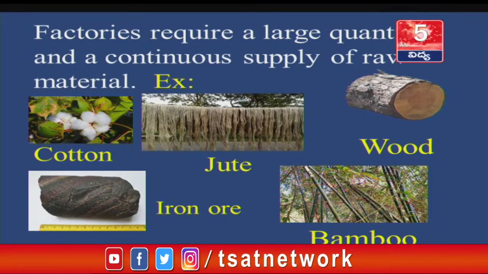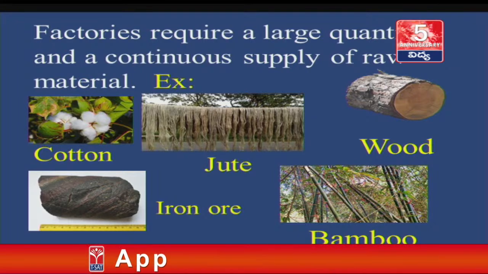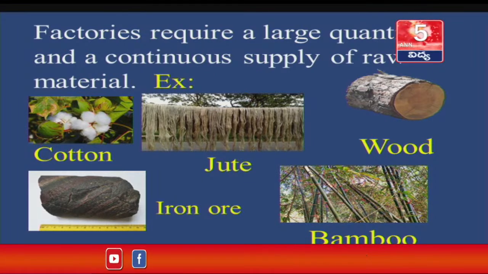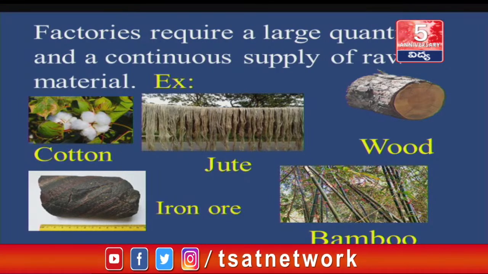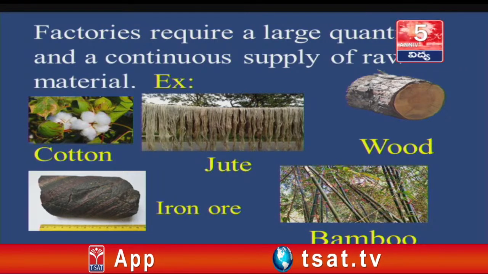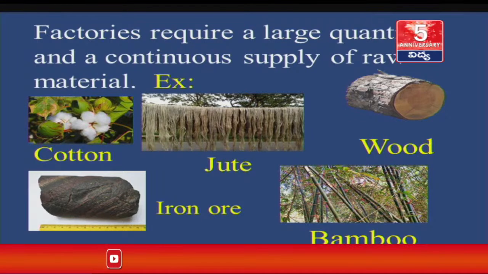Whereas we can see here, cotton is one example of raw material. What will we take out from that? Yes, cloth will be taken out. Jute is there, wood and iron ore; from that we are taking out iron and steel. Even bamboo is there; with that we make baskets. So, these are all examples of raw material. Like this, so many are there. Just go and search in your surrounding places, you can find